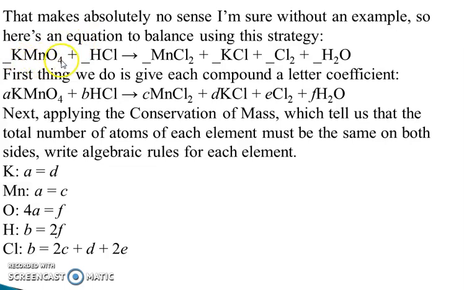Here, one unbalanced chemical reaction is written: KMnO4, HCl, MnCl2, KCl, Cl2 and H2O. KMnO4 reacts with hydrochloric acid, which is on the reactant side, and after the chemical reaction the products we obtain are MnCl2, KCl, Cl2 and H2O. In total 4 products are obtained after the reaction. So this is an unbalanced chemical reaction.